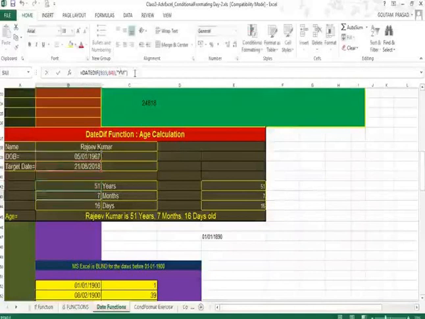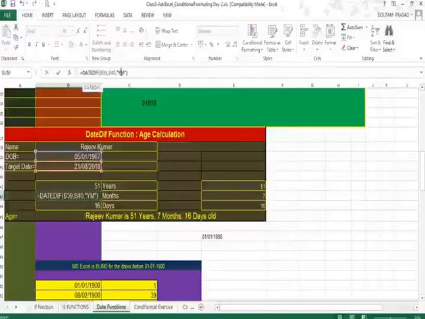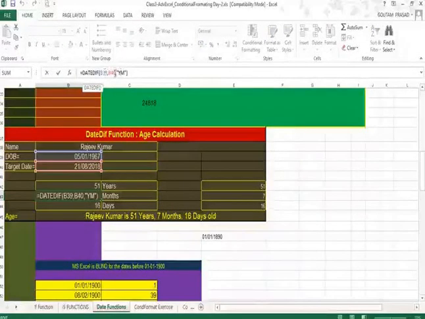Now in this cell, we have again used this formula to get the months between these two dates, but we have set this function to forego the year part. So between these two dates, date of birth and today's date, it will tell you the number of months remaining, leaving aside your number of years.